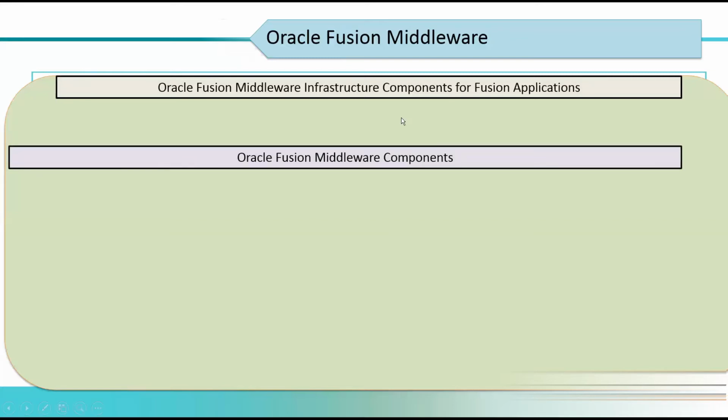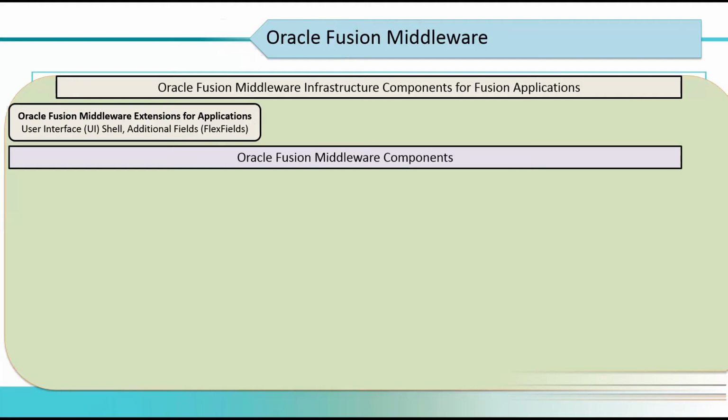So what are those? Example, user interface shell, Oracle Fusion middleware extensions for applications. Extending the applications. Example, you are personalizing the application, saying, hey, I want to change the look and feel to something else. Hey, I want to make this field read only, or I want to change the font of this specific field, or I want to change the properties of this field based on the value filled in another field. Some kind of user interface changes, right?